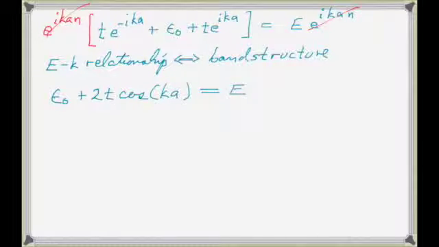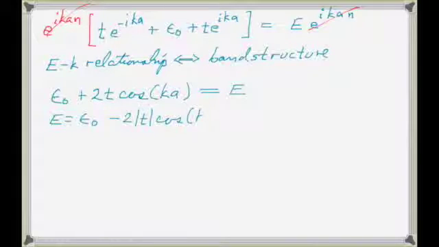So for each wave vector, that's what its energy is. So you're labeling your states by k, and for each state k, that's its energy. Again, t is a negative number, so let me write that as E is epsilon 0 minus 2 magnitude of t